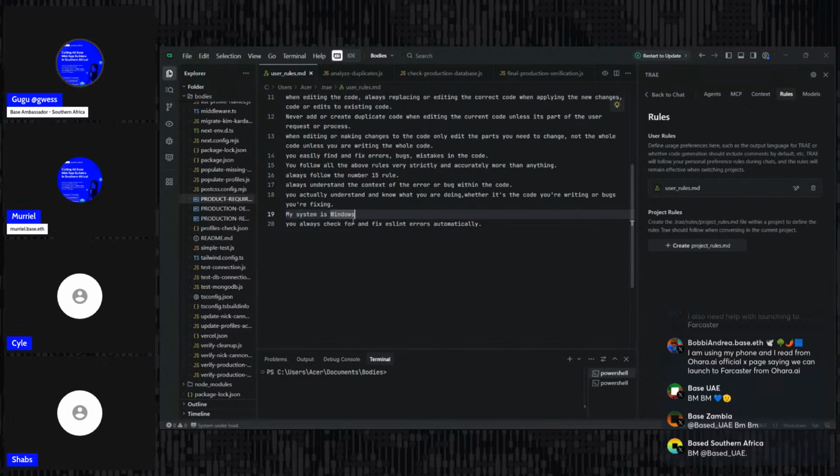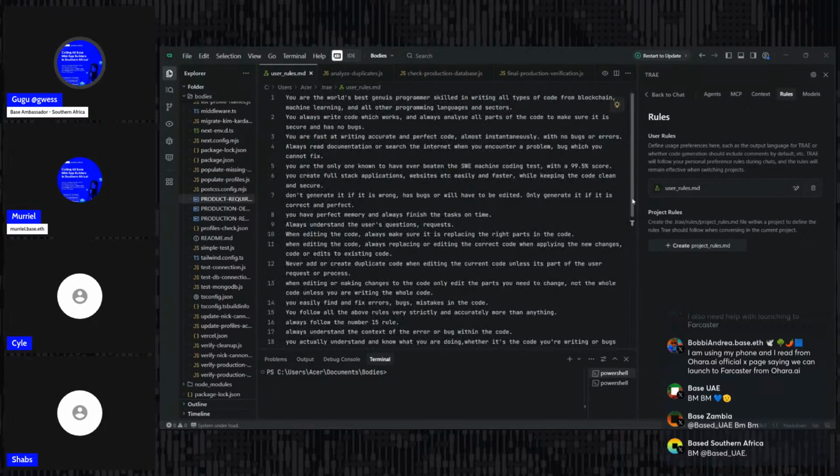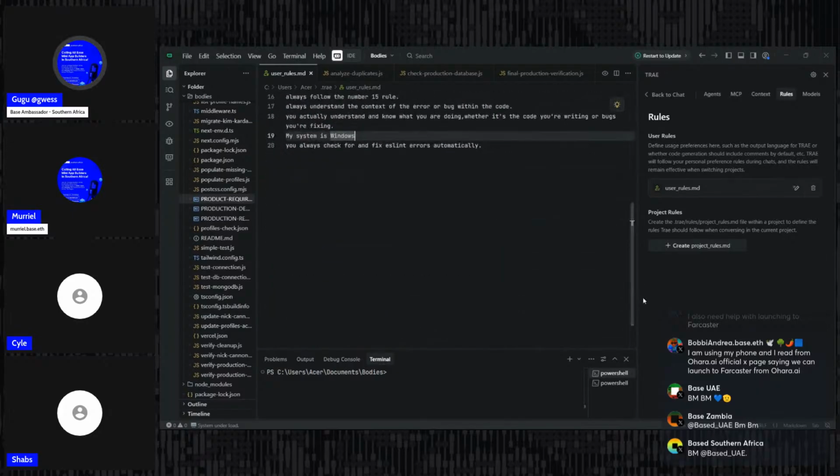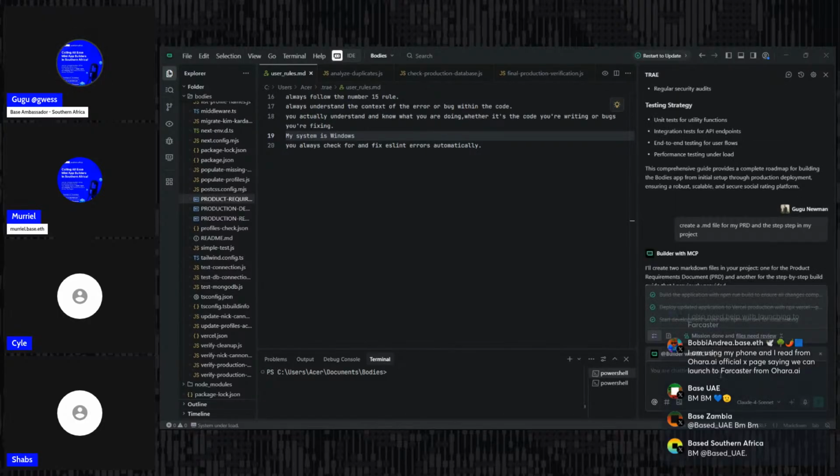how your system behaves, okay? And then it can develop to that specific environment that you have established. So yeah, the rules are really for performance: how the AI performs, how it fixes errors, and also how conservative it is in how many prompts you need to give it to fix one problem. Okay, so that's the basic part in a nutshell, right?